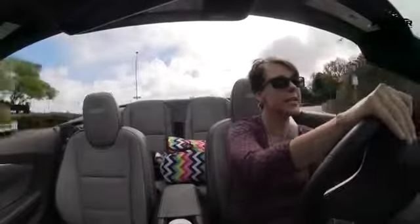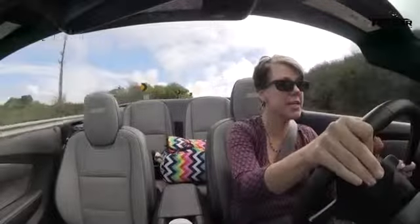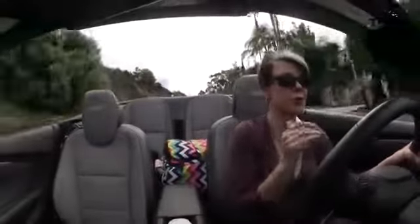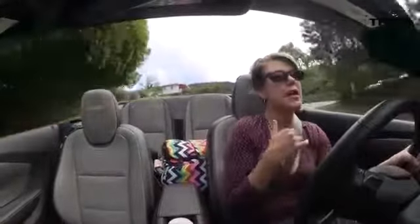The shiftable automatic does shift fairly quickly. When you stop, it doesn't automatically return to first gear for you. You do have to shift it down to first gear. So what that tells me is that even when I get up to higher speeds, I think I would be